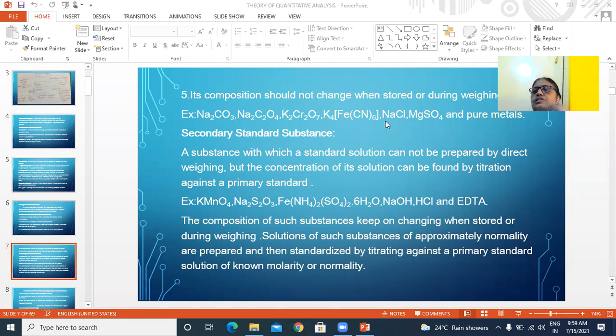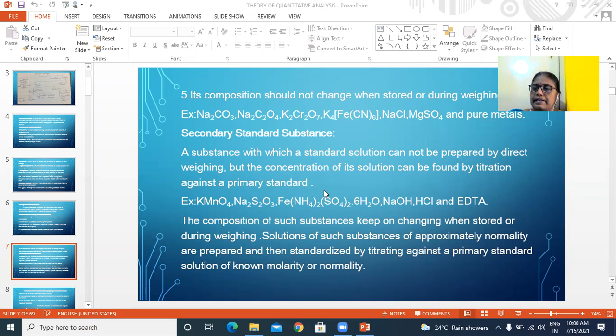So what are the secondary substances? In general, secondary standard substances can be used as a titrant in most cases. Maximum we can use them as a titrant. See, what are secondary standard substances? What are the main characteristics or properties of a secondary standard substance? A substance with which a standard solution cannot be prepared by weighing, but the concentration of its solution can be found by titration